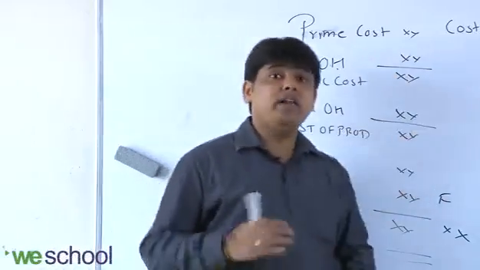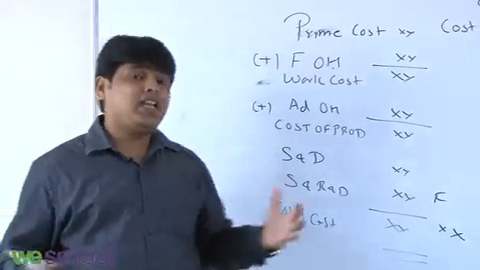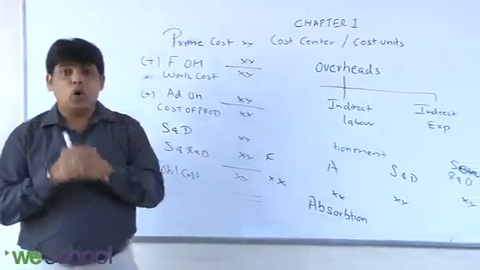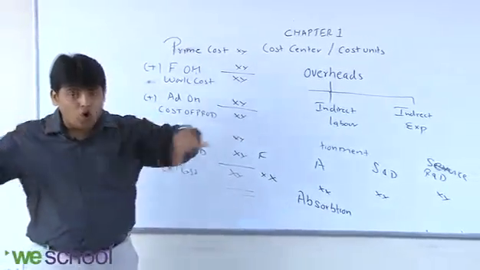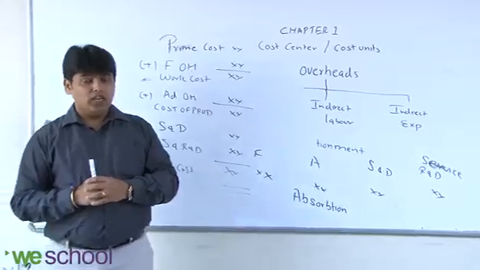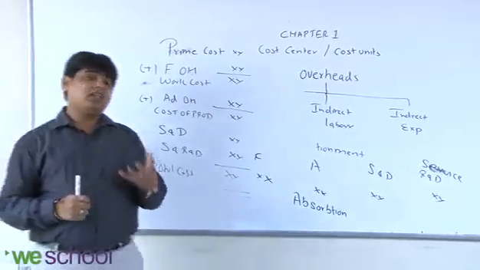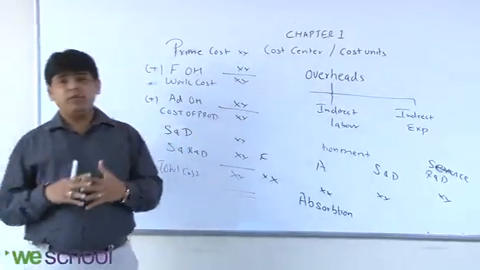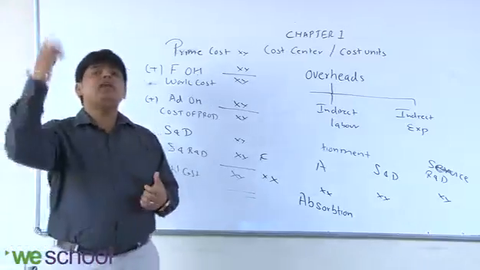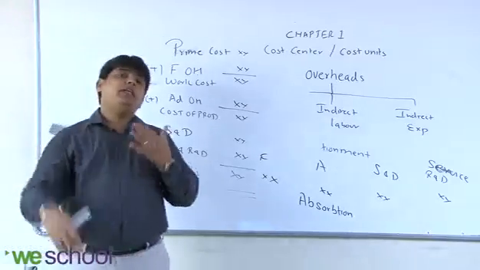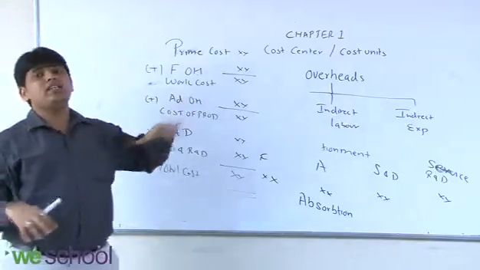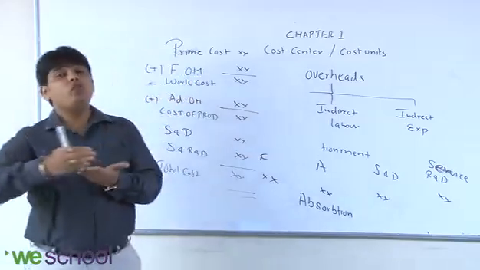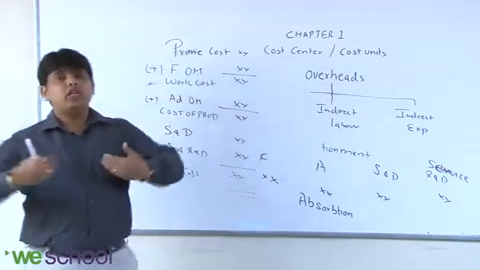Then we come to overheads. Now overheads are of different types. In overheads there are common costs. Common costs need to be apportioned to all the cost centers. There are certain examples: rent of the whole building where the operation is done together, electricity charges of the whole building, security charges of the whole building, maintenance of the whole building where all the cost centers are operating. That needs to be apportioned on the basis of floor area. So there are different ratios on which you can distribute.